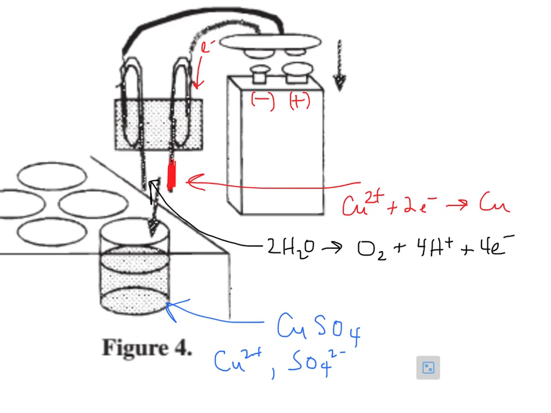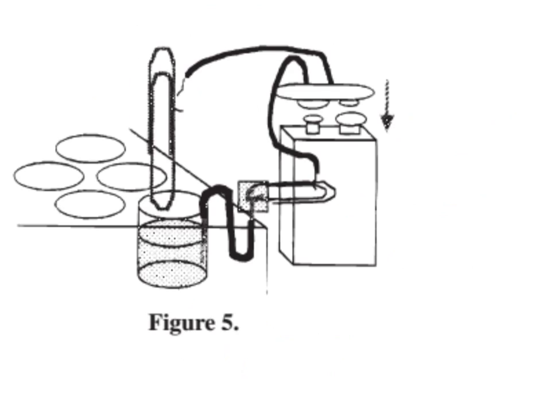It helps us to understand what we saw in part 3. So if we take a look at part 3 just briefly. In part 3, depending on how you had the battery hooked up, and I just realized I think my picture may have been off, but we're just going to make it the way that it was in the lab. So we'll make this the negative end of the battery and the positive end here, which means our negative electrode would be the big paper clip right here. That's our negative electrode. And remember, when you immerse that big paper clip into the solution, again it's a solution of copper 2 sulfate, that copper plated onto the very tip of that